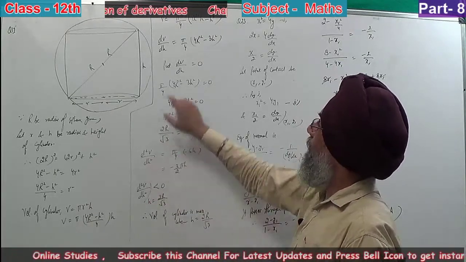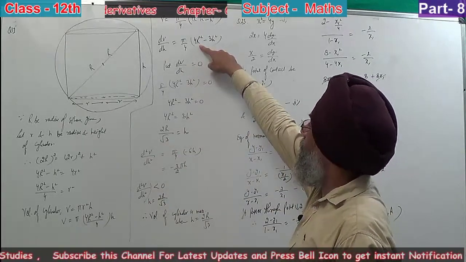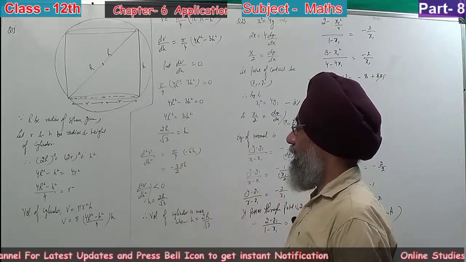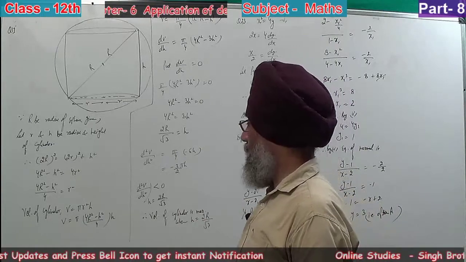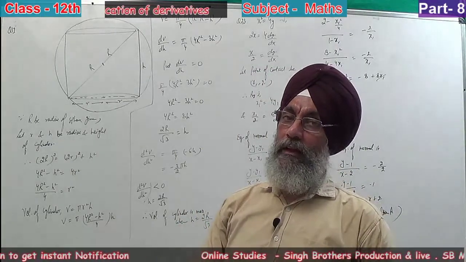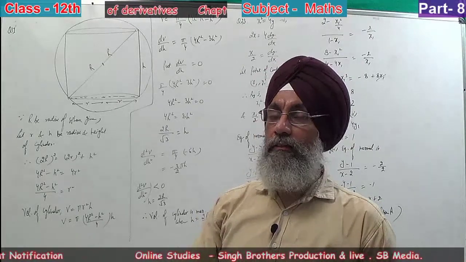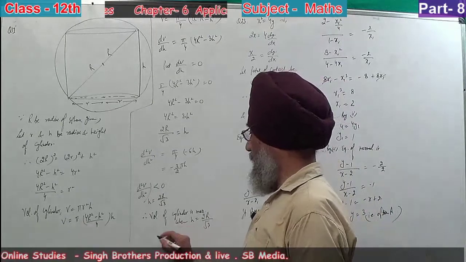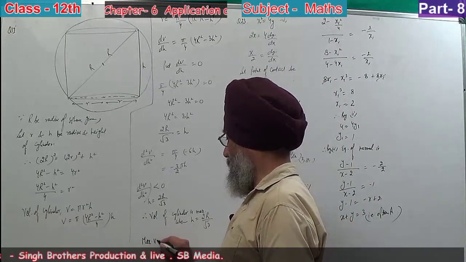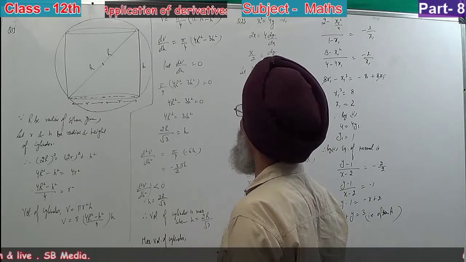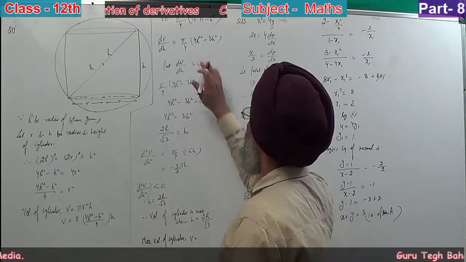Again differentiating, we get pi upon 4, this is constant, becomes 0, it is minus 6h. Placing the value of h as 2R upon root 3 here, so we get the negative value. So, d square V upon dh square is negative, less than 0. It means that the volume of the cylinder is maximum when h is equal to 2R upon root 3. Also, we have to find the maximum volume. So, maximum volume of cylinder is given by V is equal to, placing value here, pi upon 4